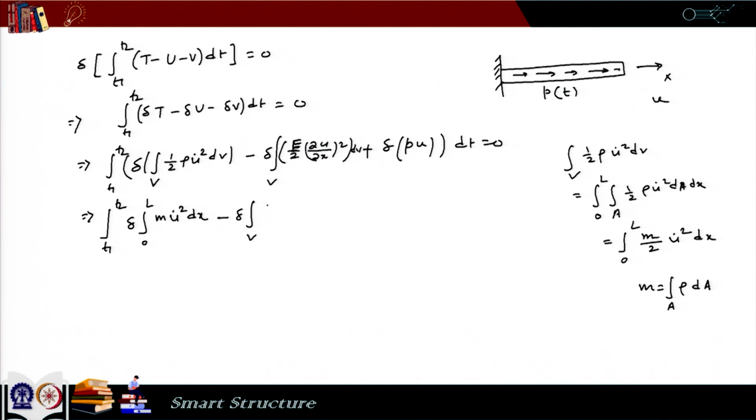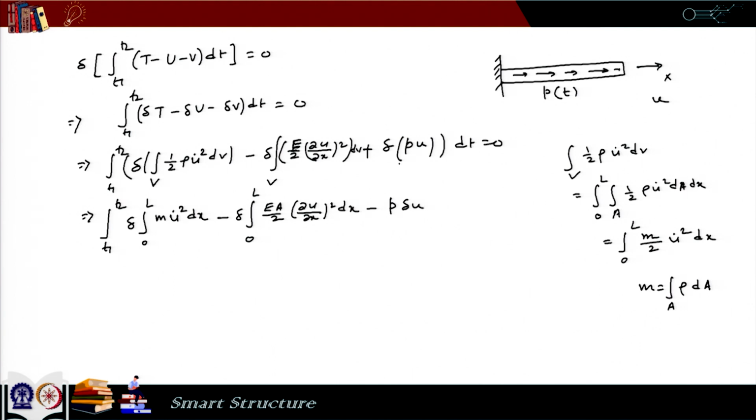So, this can be written as EA del u by del x, square, dx, and the integral ranges from 0 to L. We already did it before while doing the static analysis. We integrated it over the cross sectional area, and that gives us A, and then we integrate it over the domain x equal to 0 to L, and then here P can be taken out of the variation, and we have P into delta u,